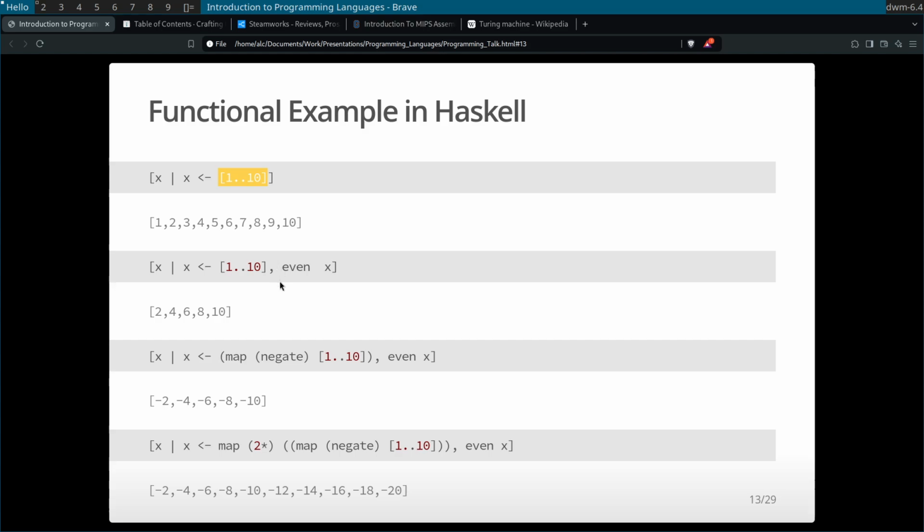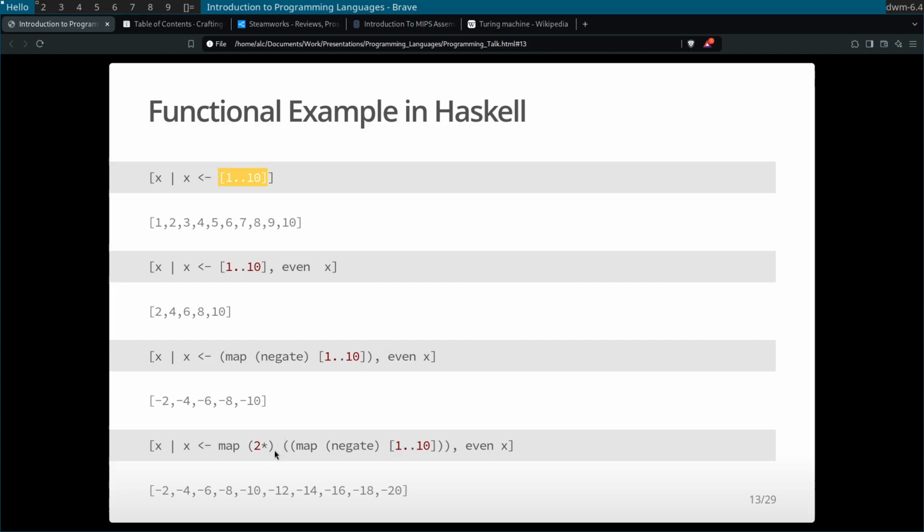Now we're going to use that idea of function composition. So I'm going to do the same thing, but now I'm going to slap on that I want all of those numbers to be negative. So this is negating all the numbers in that list. And then finally, this is kind of interesting. So I keep stacking stuff on top of this list for function composition.